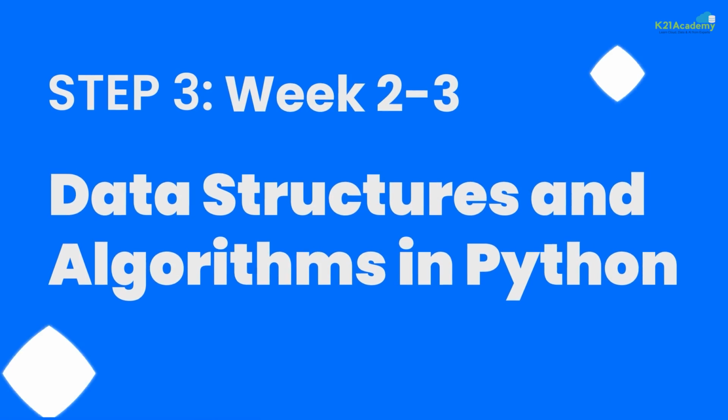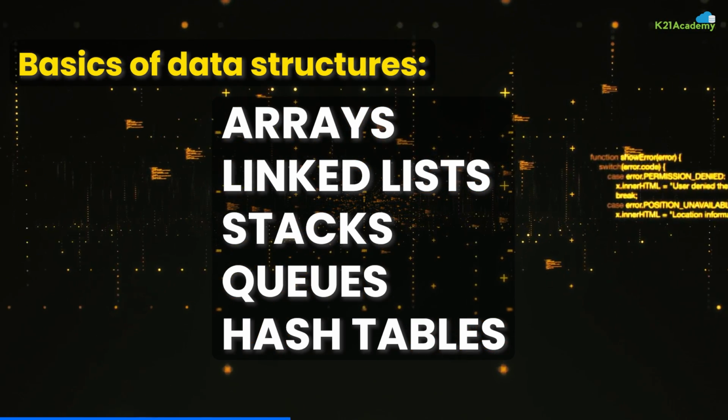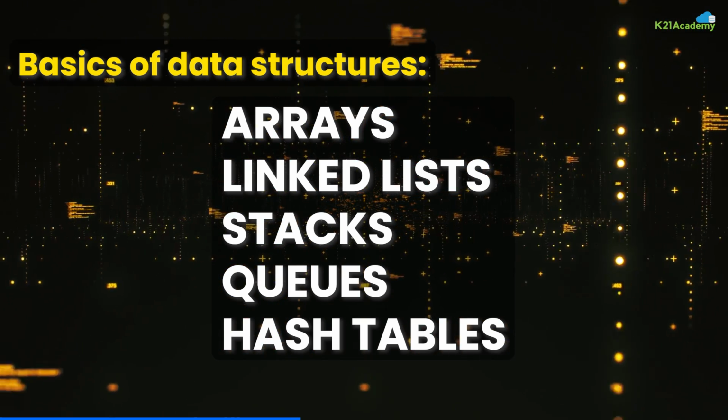Now, weeks 2 and 3 consist of data structures and algorithms in Python. These are the core concepts you need to become an effective AI engineer. As your work will often involve processing large data sets, organizing and optimizing data is key. You'll start with the basics of data structures like arrays, linked lists, stacks, queues, and hash tables. These are structures that help you store and manipulate data efficiently, which is critical when you're working with data-intensive AI